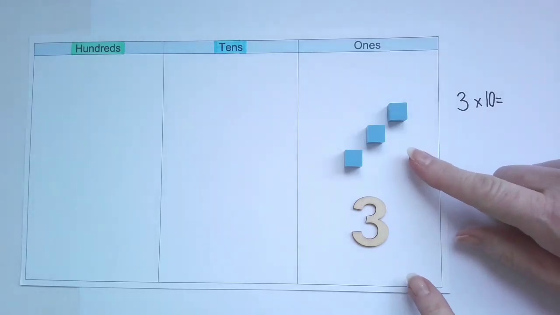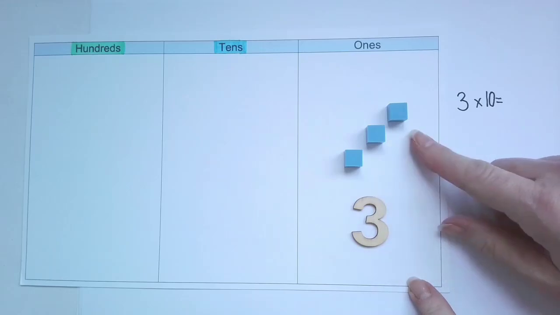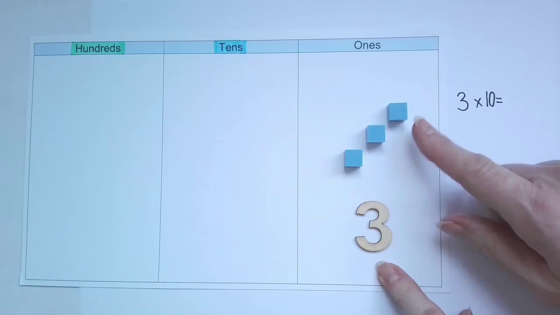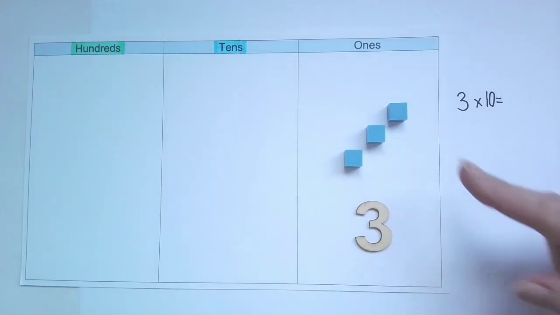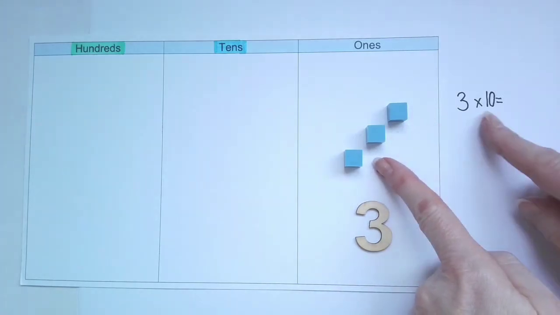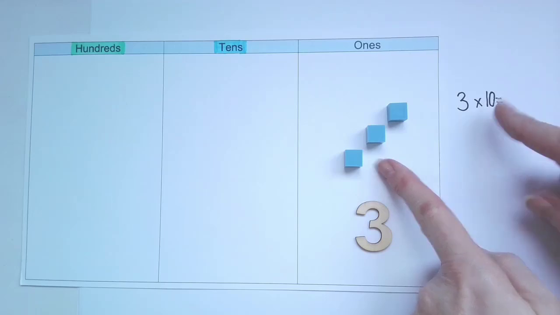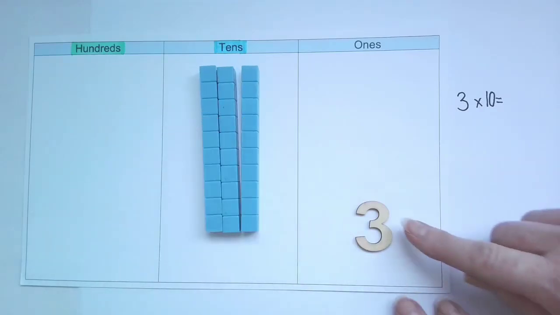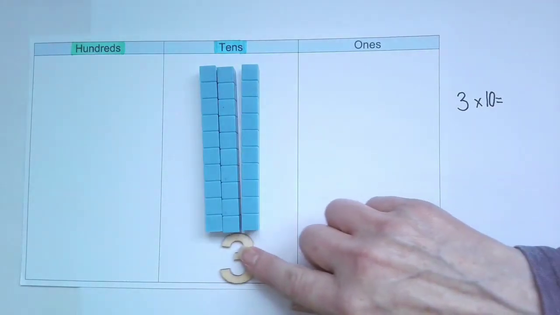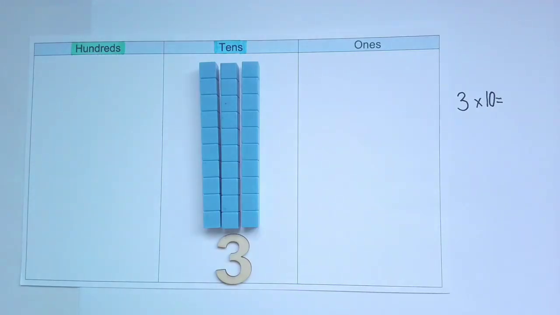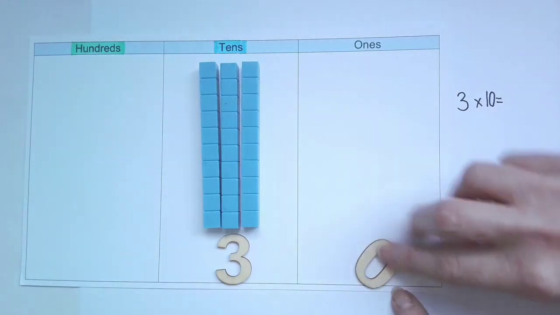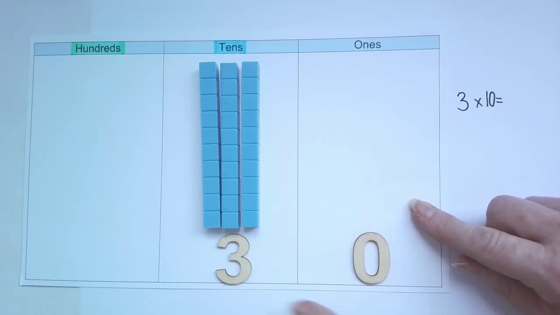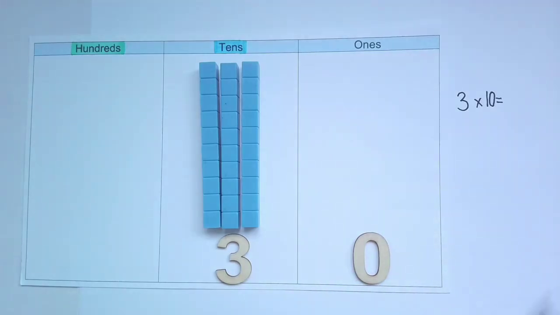So let's look at what happens when we multiply 3 by 10. So I've got my number 3 in the ones column, and I've got 3 ones. And we know if we make our ones 10 times larger, each one is going to become a 10. So we're going to have 3 tens. So I'm moving the 3 along. And we've got no ones. So it's important we use that 0 as a placeholder to show that we've got no ones. 3 tens and 0 ones